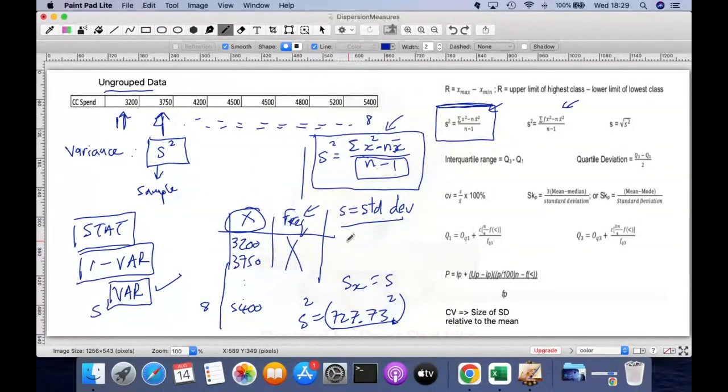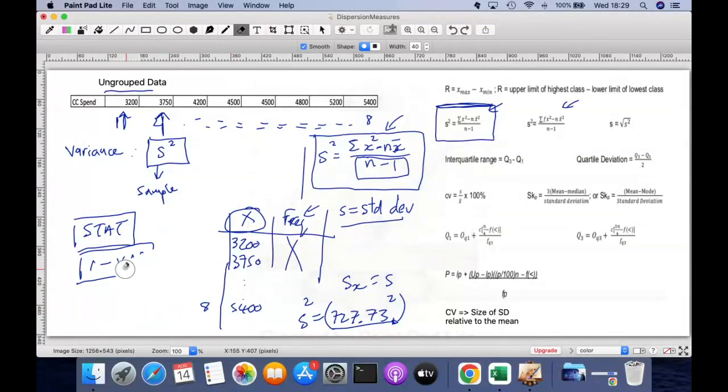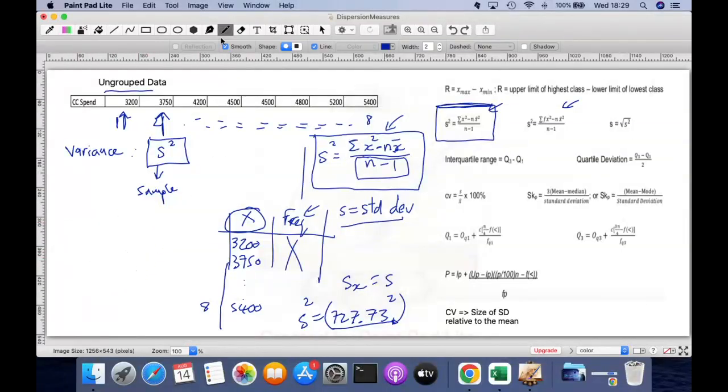So if you still have 727.73 on your calculator, just press the button x to the power of 2. You'll see that on your calculator. What it does is it squares this number. So if you do that, you'll get an answer of,